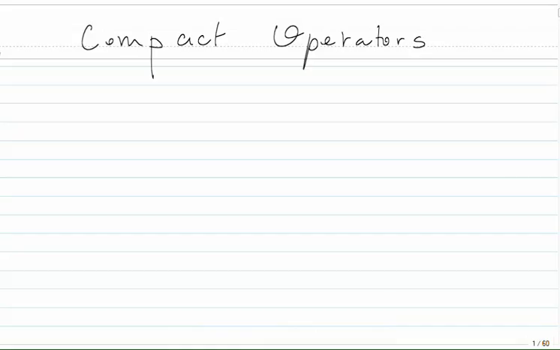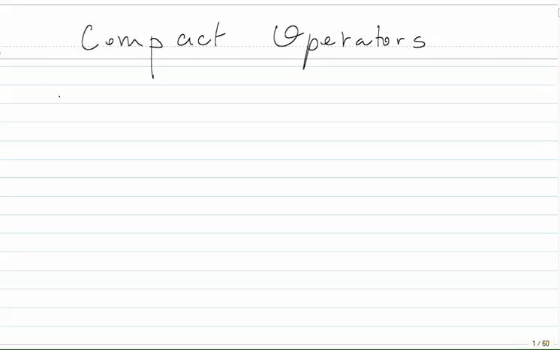Welcome to this next lecture on compact operators. So we have seen before, in one of our previous lectures, or web notes, an introduction to linear operators between two normed vector spaces, and if they are continuous. In fact, they are continuous if and only if they are bounded. So we introduced the concept of